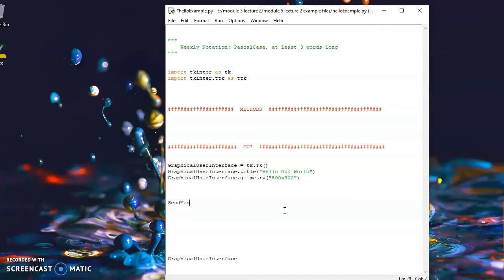I'll call this send message button. So that's Pascal case, three words long, and each one starts with a capital letter. Or you can think of it as just like camel case, except the first letter is capitalized as well. Now to create that,